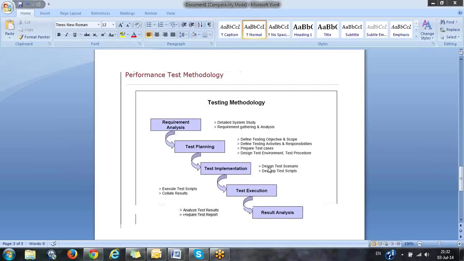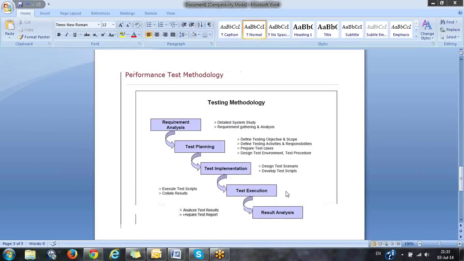Suppose you are using JMeter, you should know Java. Suppose you are going with the LoadRunner tool, you should know basic C language. Then you will prepare the scripts, you will develop everything, and then you will go with the execution. What does execution actually mean? Execution is nothing but I am verifying the application with the load. Load is nothing but 1000 users or 2000 users. Every application or every business will have an estimated load. Based on that, I will prepare my execution, and then finally the results will be published and shared with the client.